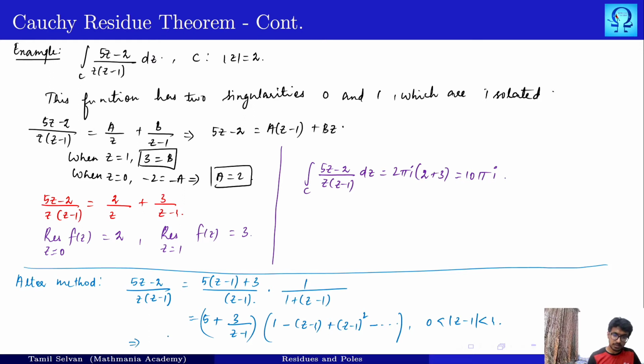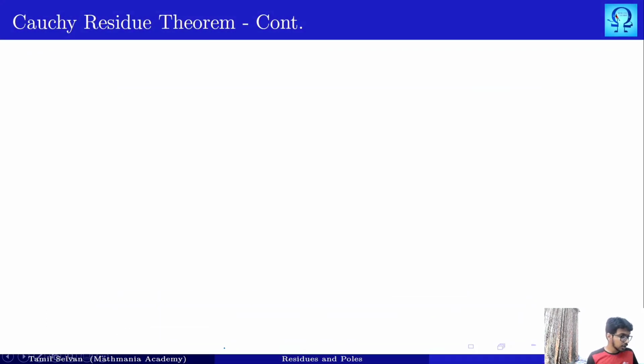So from this, if you just multiply the things inside, you can very well see that your b1 value is 3. It is quite trivial that that is your b1 here. Your b1 here is the residue of the function f of z at z equals 1. In a similar way, you can obtain